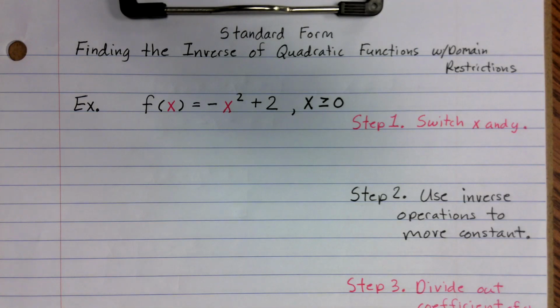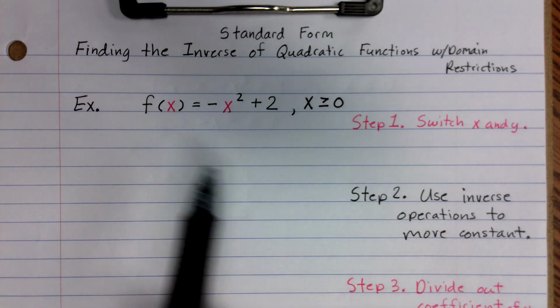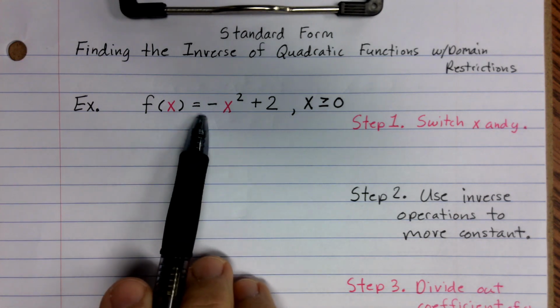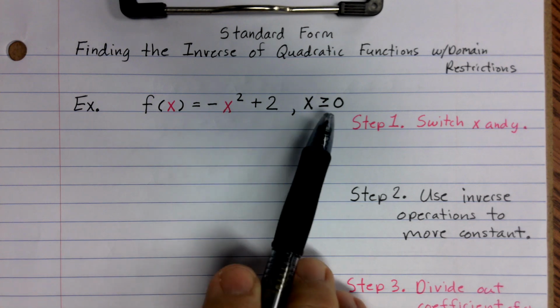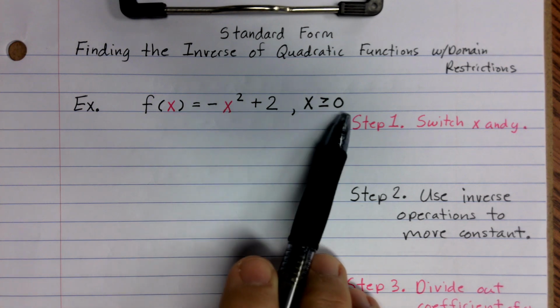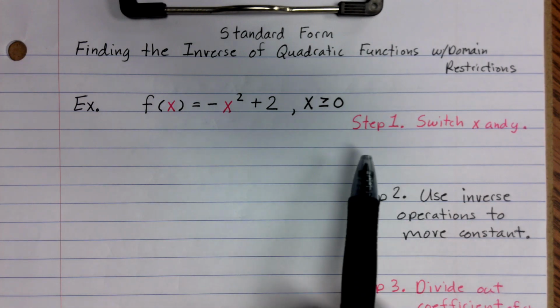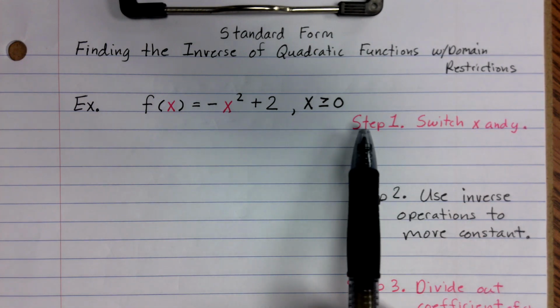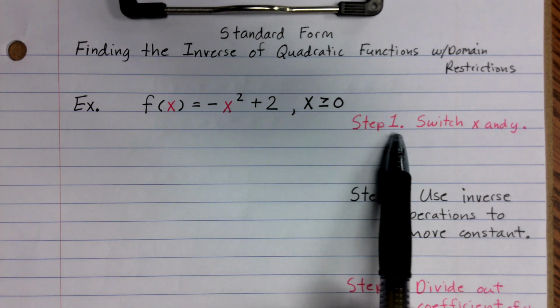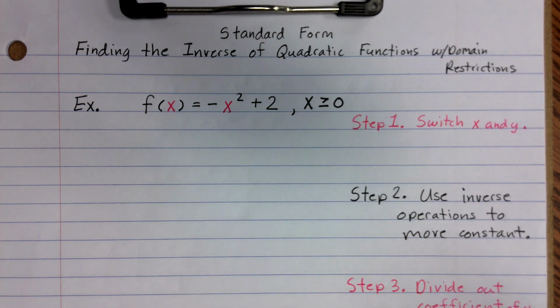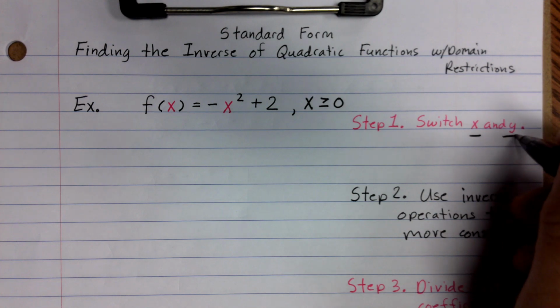In this video, we're going to be looking at finding the inverse of a quadratic function with a domain restriction in standard form. So notice right here is our quadratic. F of x is equal to negative x squared plus 2, and x is greater than or equal to 0 is our domain restriction. So the first thing that we want to do is get prepared to do step 1, which is we're going to switch our x value and our y value to